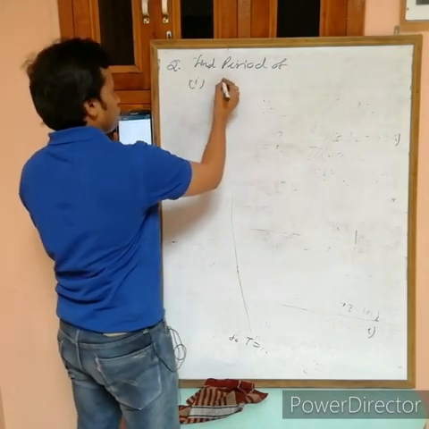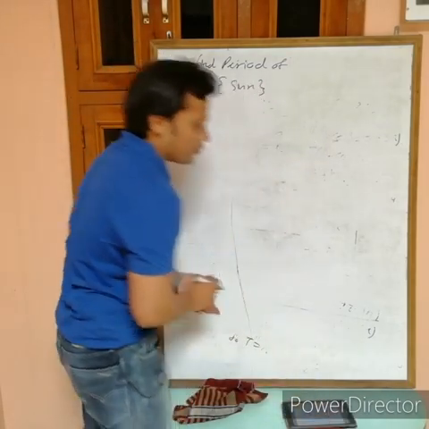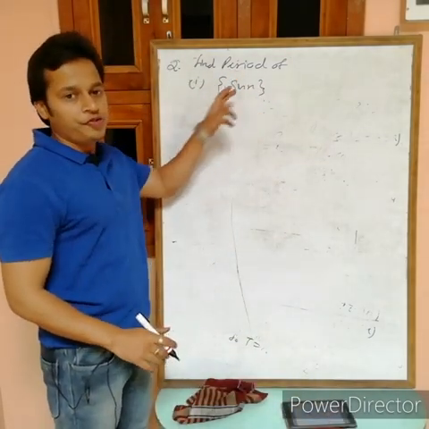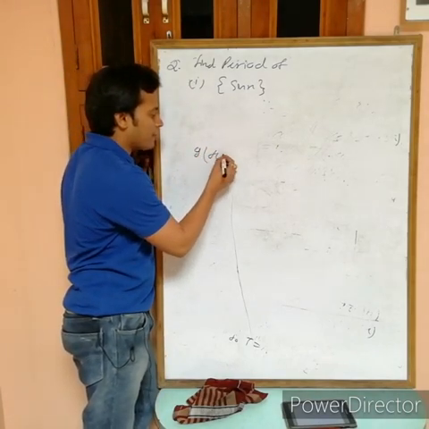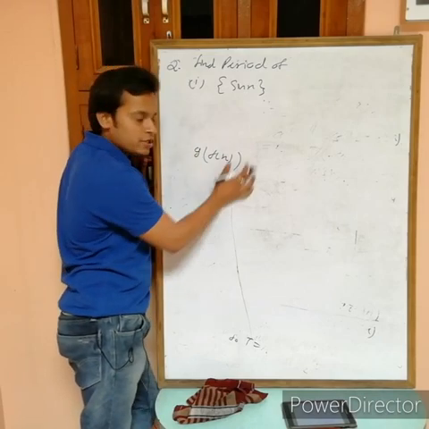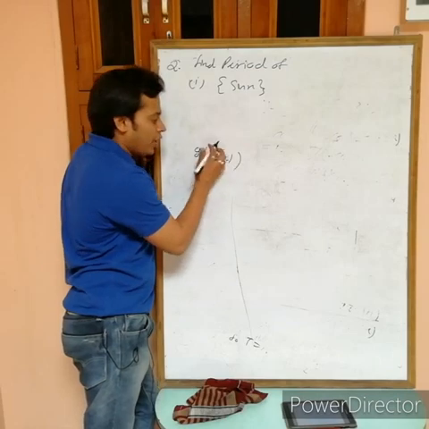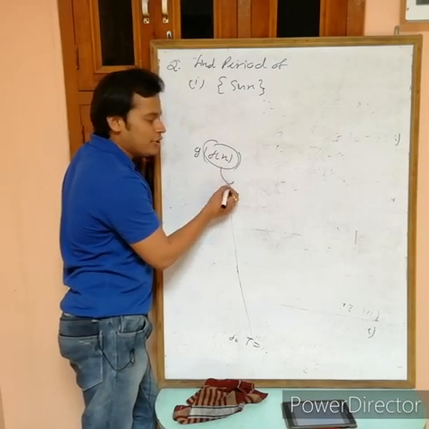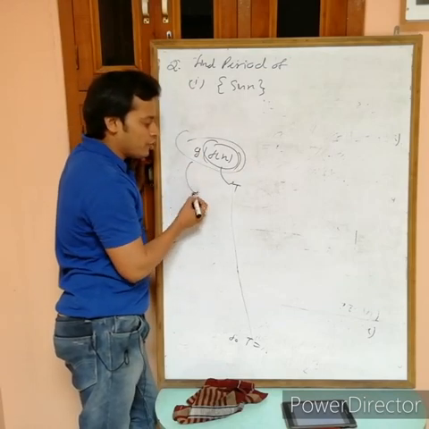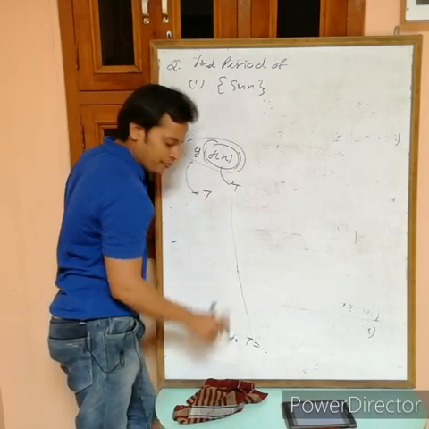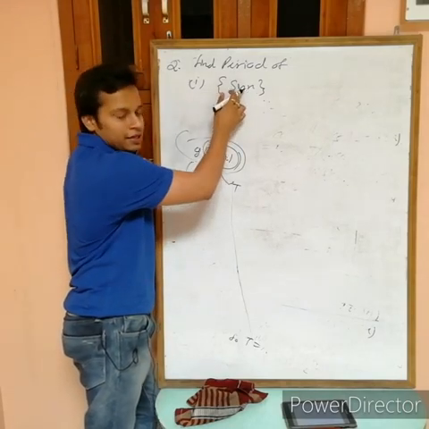First one, fractional part of sin x. Now this is a composite function, a function of a function. If you remember, in the case of g of f(x), if this function is defined for all x belonging to the domain of f(x), and if f(x) is a periodic function with period T, then this complete function is also a periodic function with the period T. So here g is the fractional part of x, f(x) is sin x.